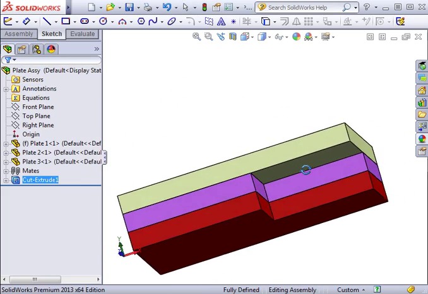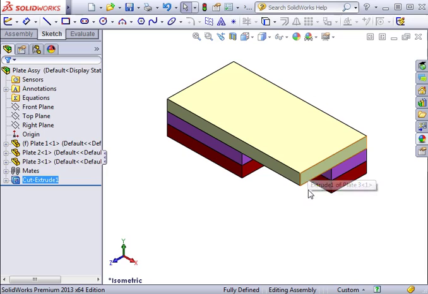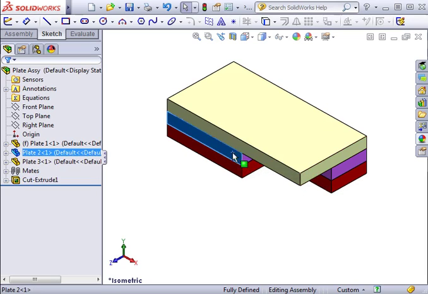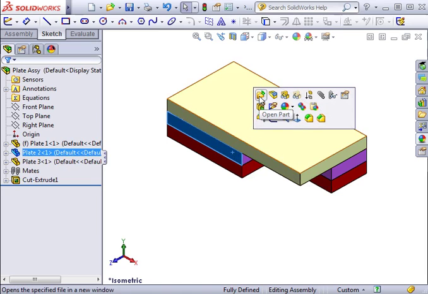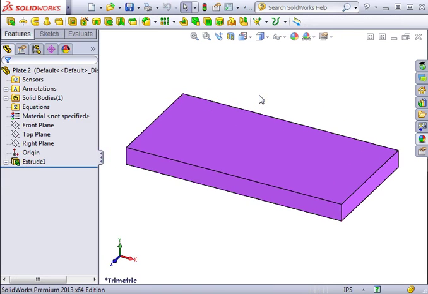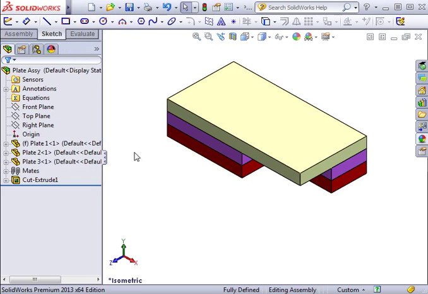The other option you should be aware of is the Propagate Features to Parts checkbox. As we saw in an earlier lesson, this assembly feature only took effect in the assembly. When I open one of the parts in its own window, you can see the cut does not exist. I'll return to the assembly,